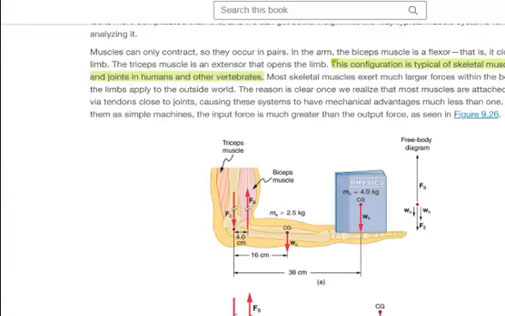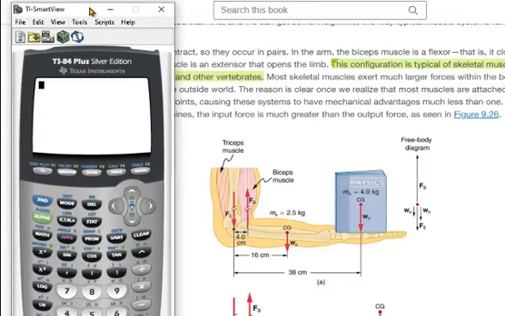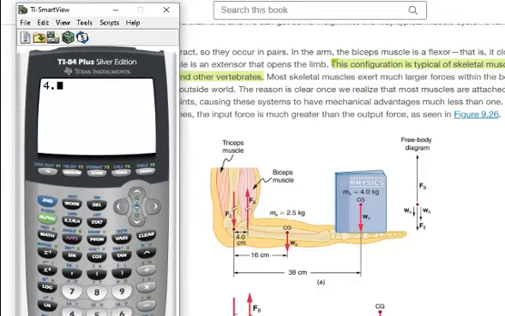So the book's torque would be 4.0 times negative 9.8 times the lever arm, which is 0.38, and that one is a negative torque because it's clockwise, plus the one for the forearm, 2.5 kilograms, times negative 9.8 times its lever arm, 0.16 meters. So those are the 2 torques,